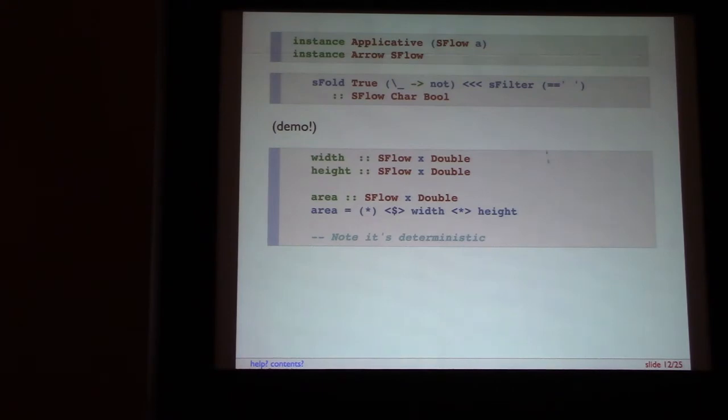So here's an actual snippet of midair code. The type of this is it takes a character from the user and returns a bool. So we're filtering based on is this character a space, and we're passing that bool. We're ignoring it, but then we're doing not on an initial value, or the current value. And so what this ends up doing is toggling a Boolean. So each time you hit the spacebar, it toggles between true and false.